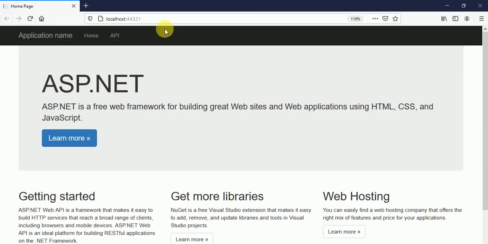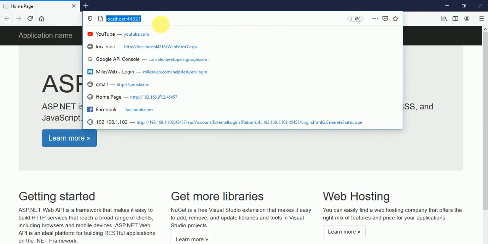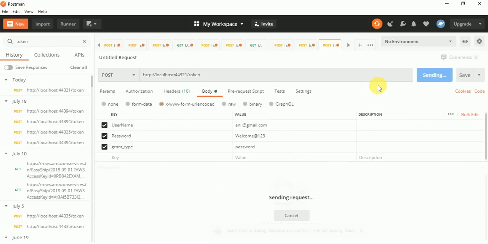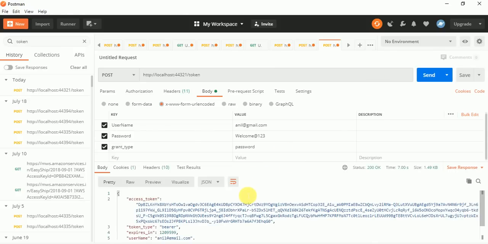Now let me copy this and paste over here. If using this user ID and password we got the token, it means our user is authenticated. And using this same token we can get the data.